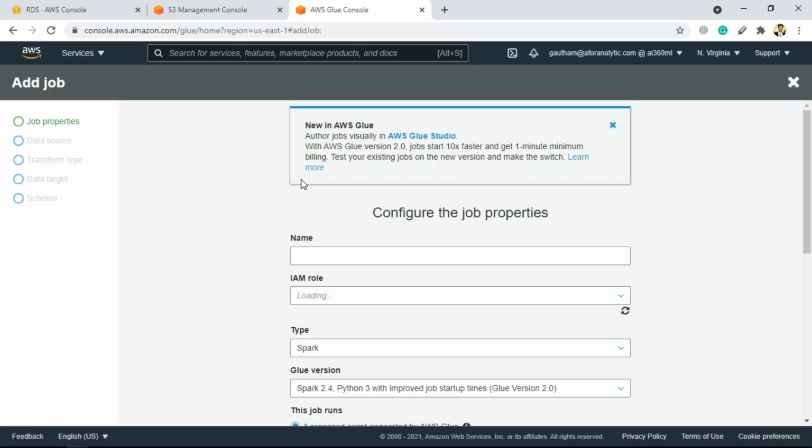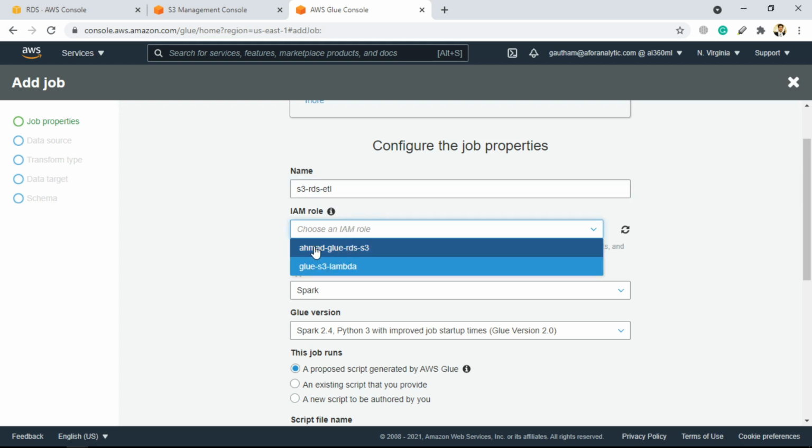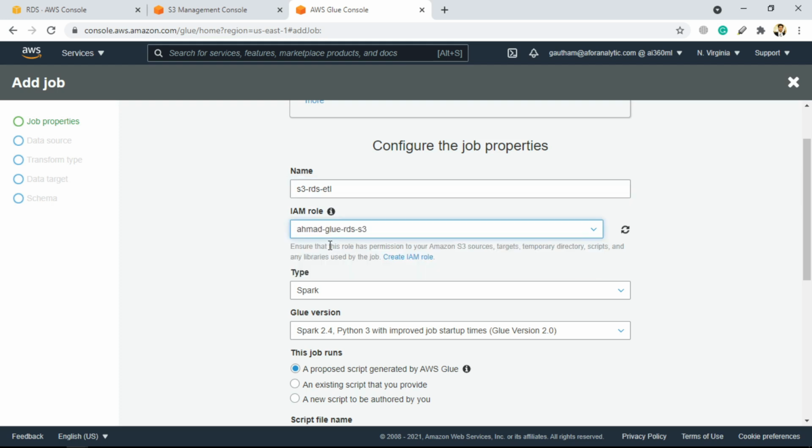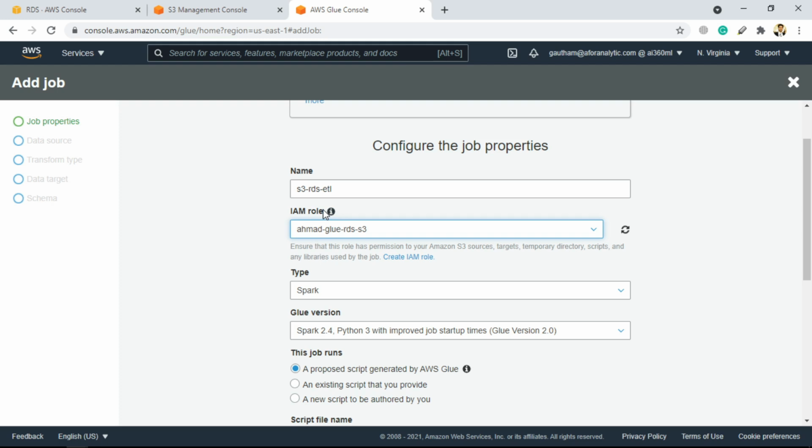We will go for add job, and the name of the job would be S3 RDS ETL. You can name it anything, and let's just make it small caps. Over here is the IAM role. Here I'm using this IAM role. I created this IAM role just to specify that this Glue job has access to these particular services.